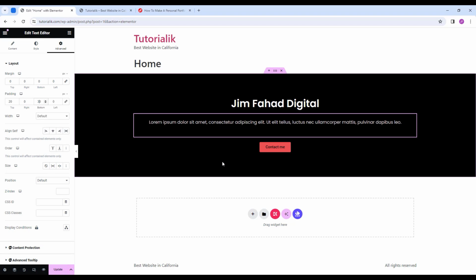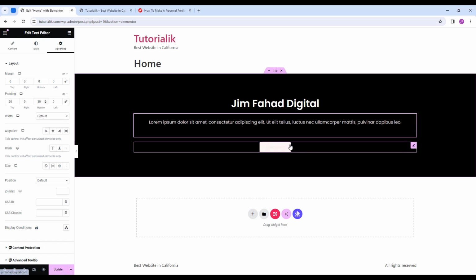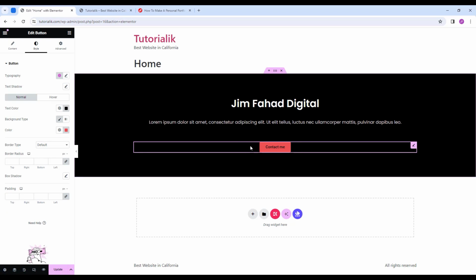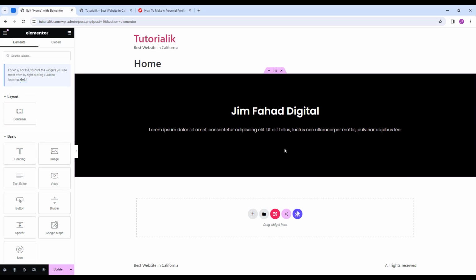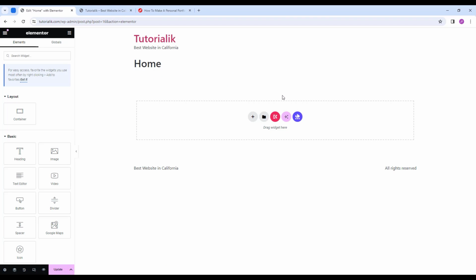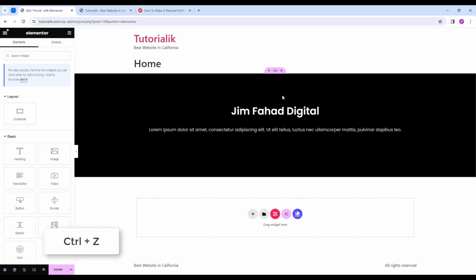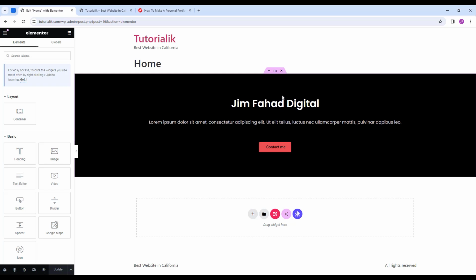So basically this was the very basic demonstration of how a page builder works. And now let's say you don't like an element here. You can just right click on that element and you will find the delete option here. If you click delete, it will be completely gone. And if you want to delete the whole main container, you can click the cross icon to completely delete it. And later, if you change your mind, you can always hit Ctrl Z to undo your actions, or Ctrl Y